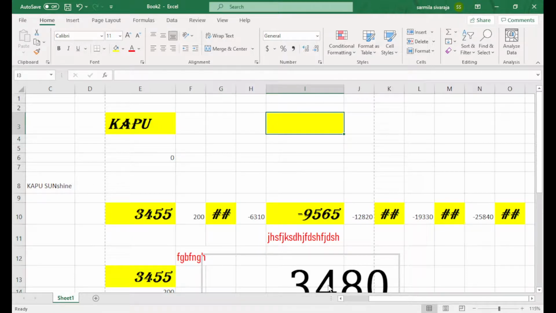Next part is this. Please look at the lower part. Here we provide this option called view choice. There are three view choices here. First one is called the normal view.